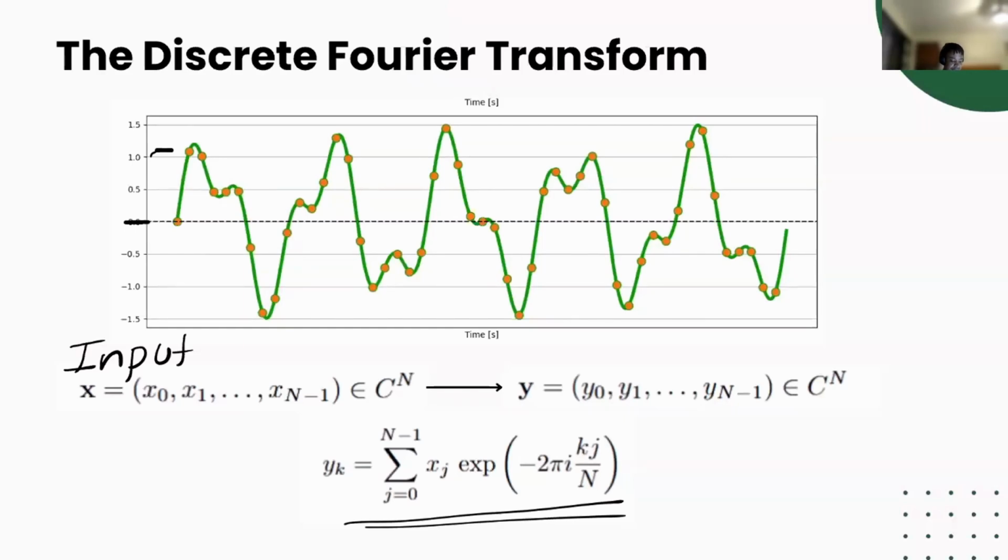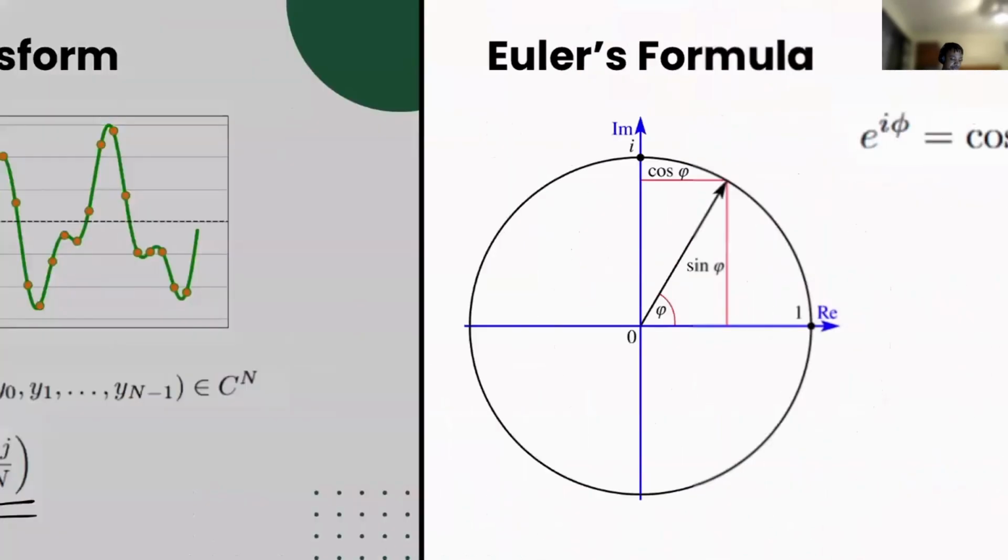Now, this equation may not make a lot of sense when you look at it, but it's actually quite simple. We're going to break it down into the individual pieces so we can understand geometrically what the Fourier transform is doing. The best place to start is that we have this exponential raised to some imaginary, or complex, number. And anytime you have an exponential raised to a complex number, it's good to look at Euler's formula.